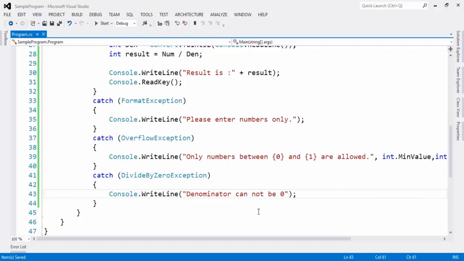So what my intention is, the user should enter only numbers. Here it is. If he enters something other than numbers, we'll be throwing this error message.